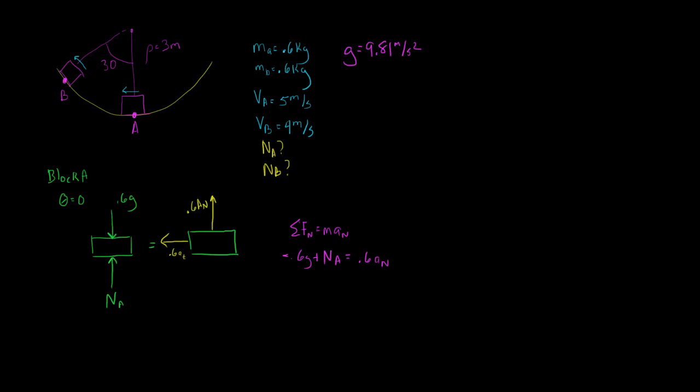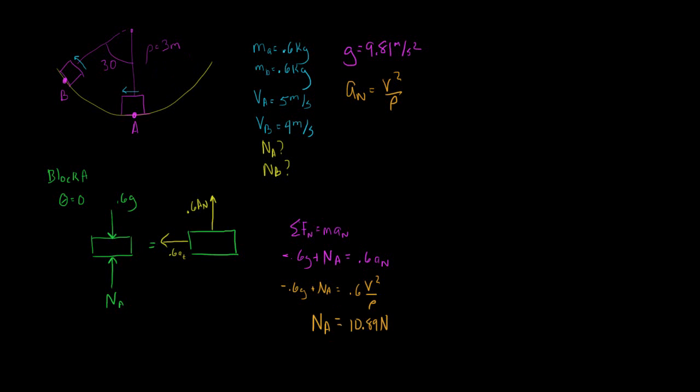Well, we know that the acceleration in the normal direction is equal to velocity squared over rho. So if we substitute this in, we get minus 0.6 g plus N_A is equal to 0.6 times v squared over rho. And if we use this, velocity of A is 5 meters per second, and rho is this 3 meters, we get our normal force is equal to